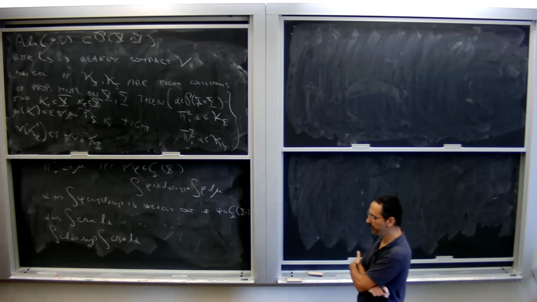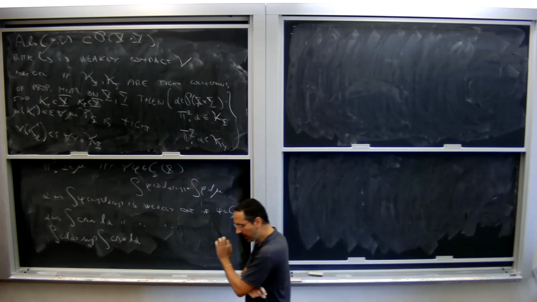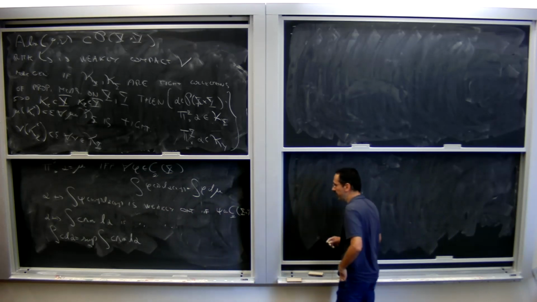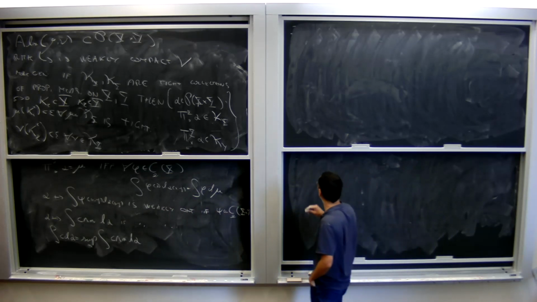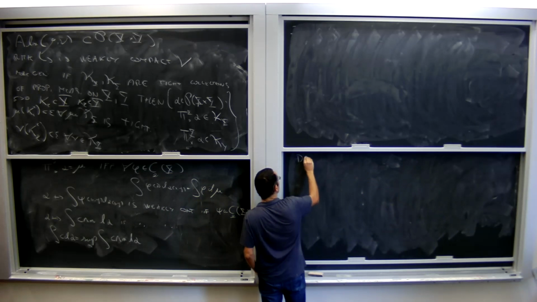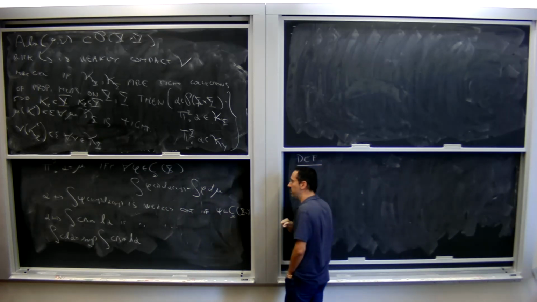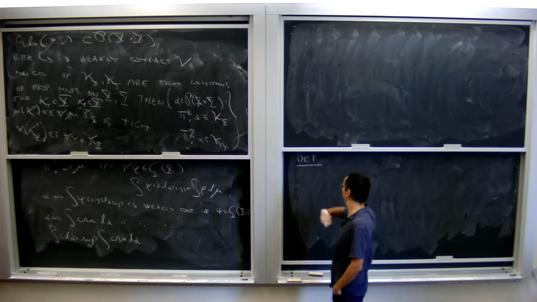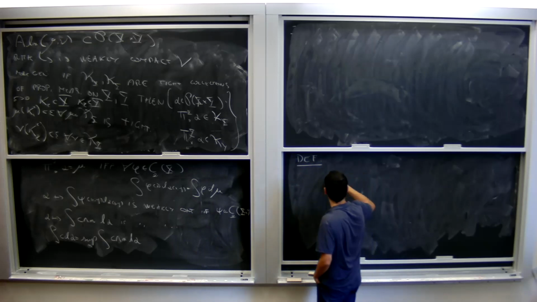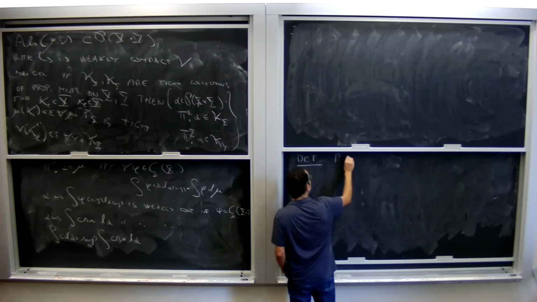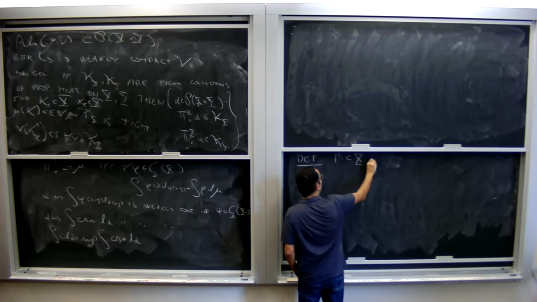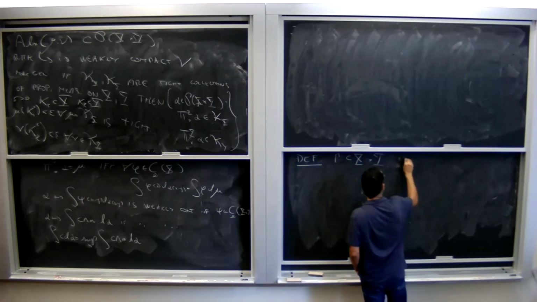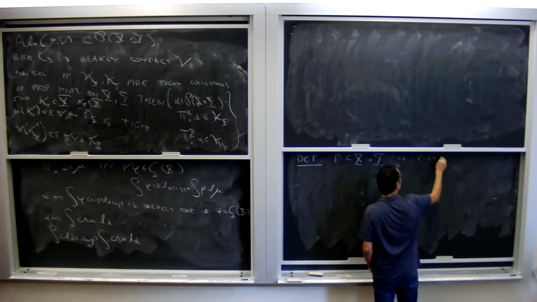So for the moment, what I care the most about is the structure of the minimizers, and here there are a couple of remarks that I want to make. Let me give a definition. These kinds of things work in the high generality that I'm working in right now. So let's consider a subset of the product. This is called c-cyclically monotone